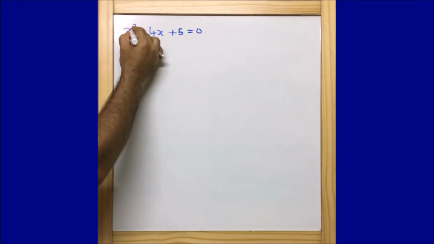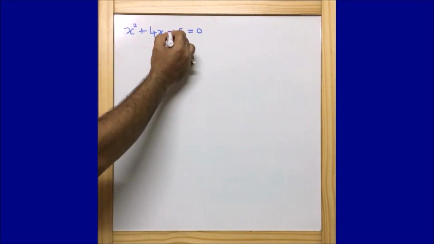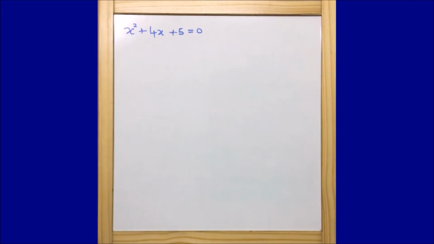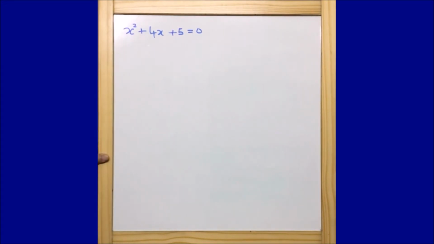Now guys, when we are going to use the quadratic formula, we should see if the roots exist, and only then can we find them. Otherwise we cannot find the roots. If they don't exist, then there is no chance of finding the roots. Here x^2 + 4x + 5 = 0 is what is given in the question. Now let us use the quadratic formula.